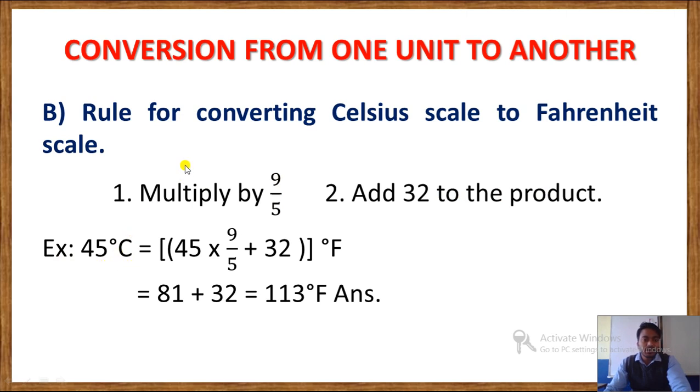Okay, so according to point number 1, first this temperature we have to multiply by 9 by 5, and that you can see here: 45 into 9 by 5. Then we have to add 32, as you can see here. So from here when we calculate it, we will get 81 plus 32. When we add, we will get 113 degrees Fahrenheit. Okay,